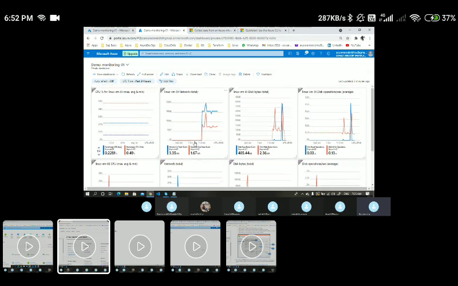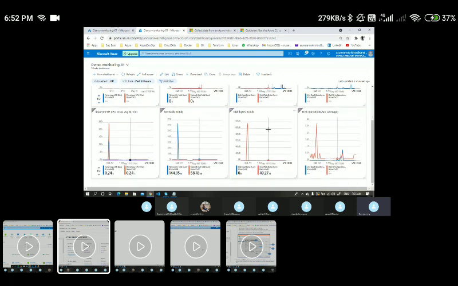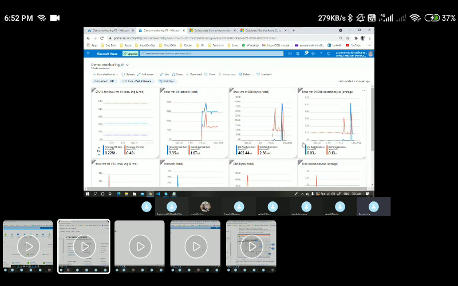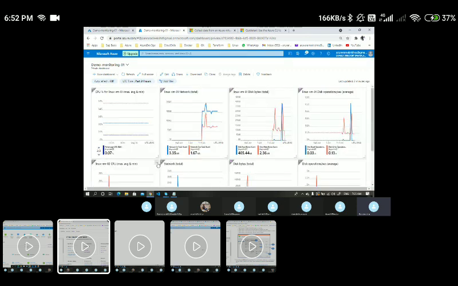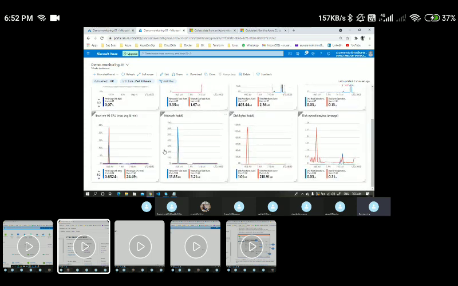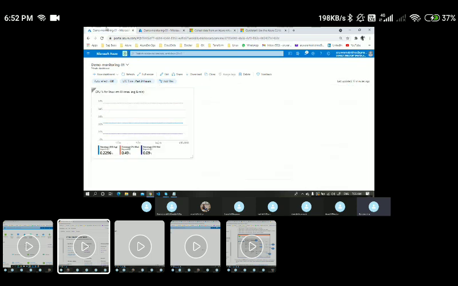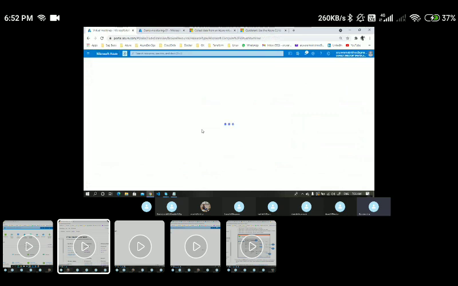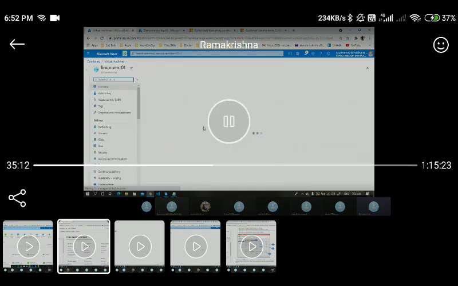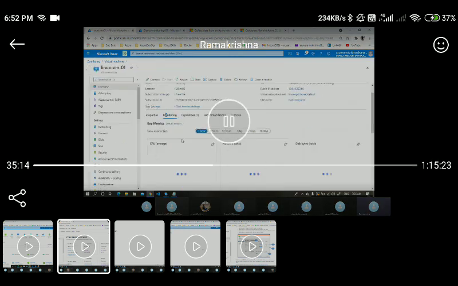This is how we can pin all the metrics specific to your virtual machine, I mean to say, and you can just monitor them in a single tab. Like say I have some 10 VMs or 5 VMs. Instead of me going every time to every VM, let's say I'll go to the virtual machine. Instead of going to each and every VM, going to the monitoring tab here and monitoring